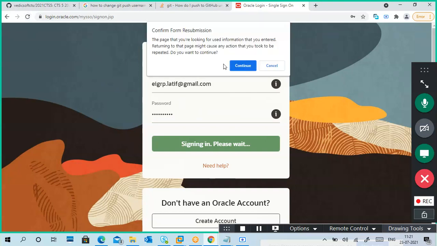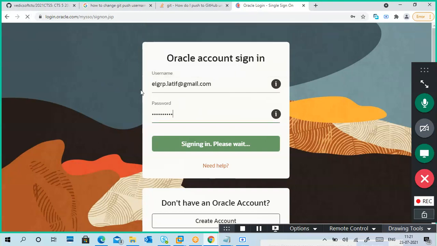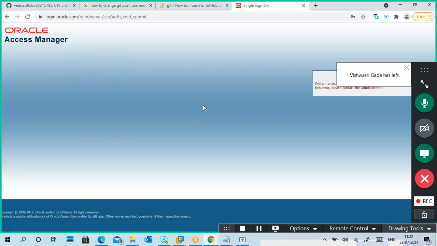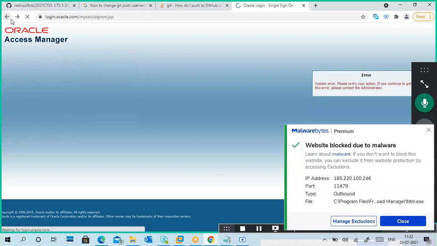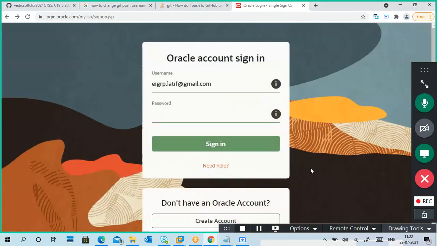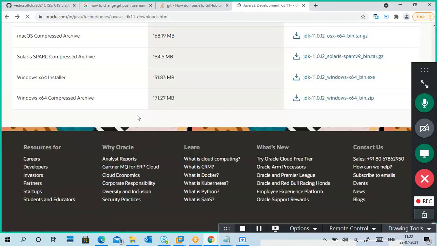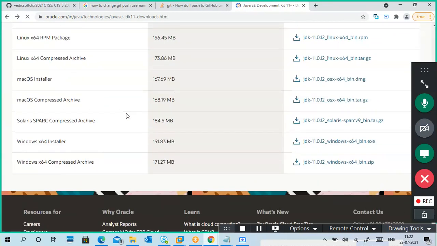I think there is a problem here. Sign in should be successful, then only it will start downloading.